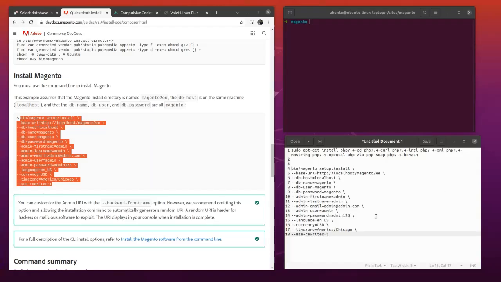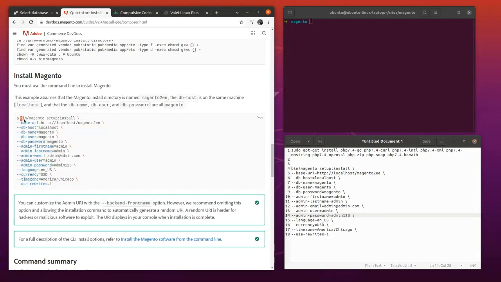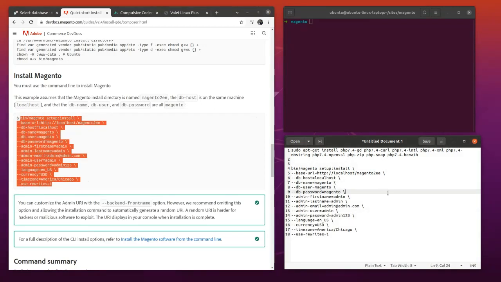Okay, so the next thing we're going to do is install Magento now. I've just copied and pasted this off the docs. Best thing to do is paste it into a text editor, and then make the changes that you need. Because I've created a folder called Magento, Valet will use Magento as the main test domain, and they always default to test. I'm going to be using localhost, and our database credentials are root and root, and then that's the database name, which we'll probably just call Magento,